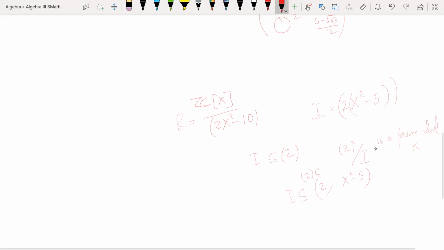Maybe not x square minus 5, but x square minus 5 is sort of reduced. So this is not a maximal ideal, unfortunately. (2, x square minus 5) is the same as (2, x square minus 1), and x square minus 1 is (x minus 1)(x plus 1). So not this one, but you can check that. One has to be a little careful. But you can check, for instance, that